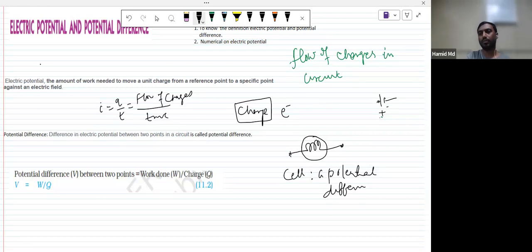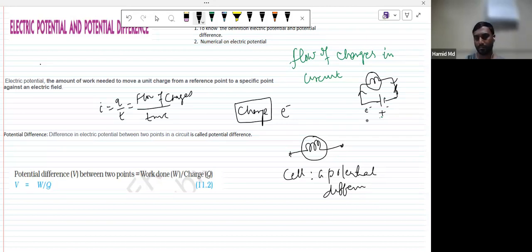Okay, so we will extend it like that and connect it with the bulb, and we'll keep a key over here. This is the key, this is the bulb. So current will flow in this direction and will come over here. So this potential will try to drag the electrons. Electrons will come in this way, and current will flow in this way. Electron is a negative charge, so the positive terminal will attract it, right?